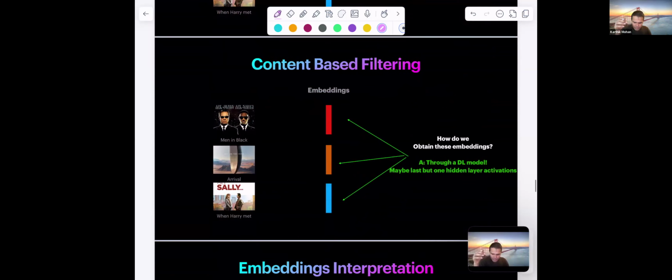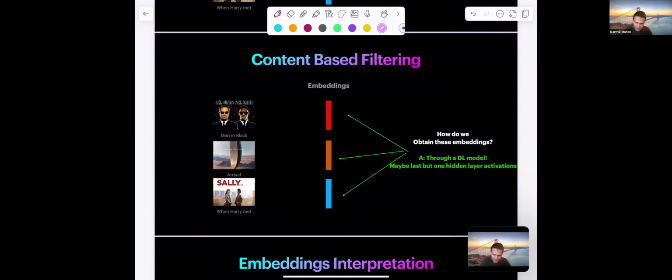So how do we obtain these embeddings? Well, we already discussed. One is you can get it from a deep learning model. We cannot get it through collaborative filtering because we don't have behavioral data. We are doing content-based filtering in the scenario where we don't have behavioral data, but you can get these through